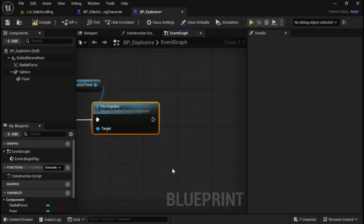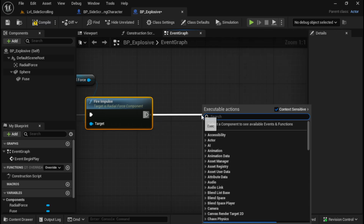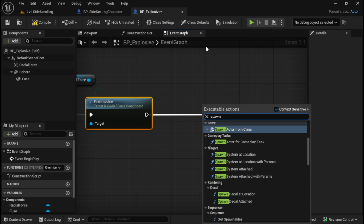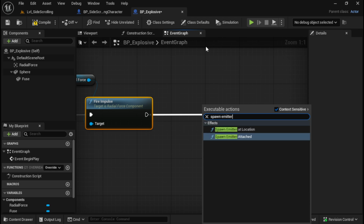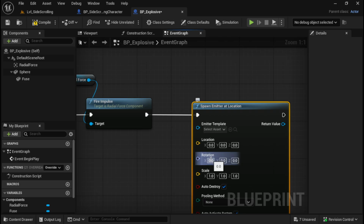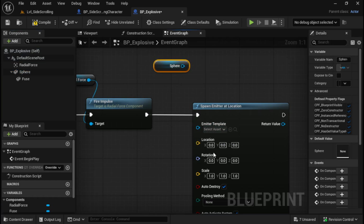And then as soon as that happens, we want it to show an explosion, right? So we're going to spawn an emitter. Spawn emitter, and that's going to spawn a particle system right there wherever you have this. One thing that's a little bit different about this is you do need to specify the world location on this. This seems to work a little bit better as opposed to just saying, okay, just right there. And it usually ends up showing up at 0, 0, 0 in the world